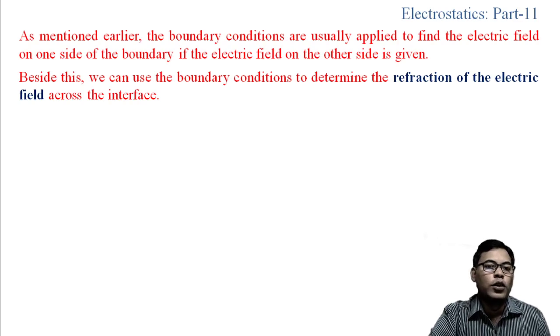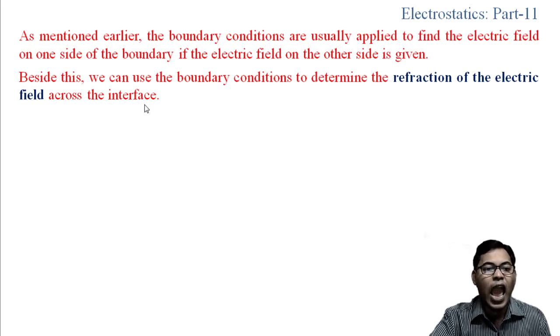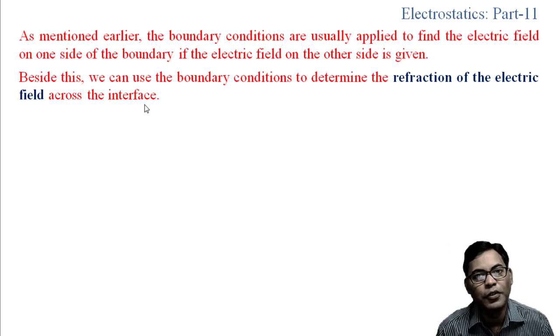So as mentioned earlier, the boundary conditions are usually applied to find the electric field on one side of the boundary if the electric field on the other side is given. Now, besides this, we can use the boundary conditions to determine the refraction of the electrostatic field across the interface, and this refraction of the electrostatic field we will study in the next class, and we will continue to study the boundary conditions